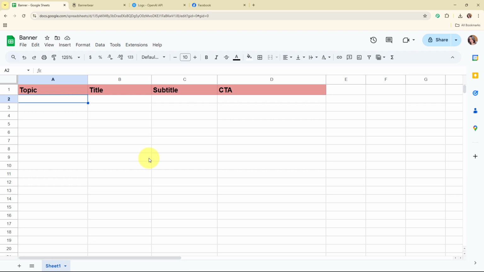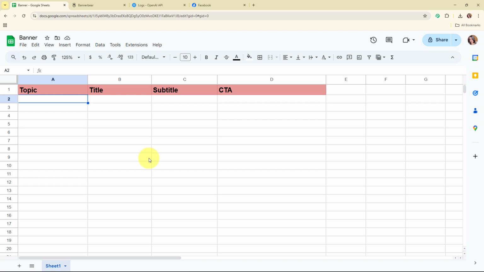to create eye-catching banners for different platforms like Instagram, Facebook and LinkedIn. So doing this manually every time takes a lot of effort and slows down my content schedule. So by using an AI agent with Bannerbear, I can automatically generate the professional looking social media banners from text or data in just a few clicks. This saves me time, keeps my branding consistent and helps me stay active on social media without needing to design